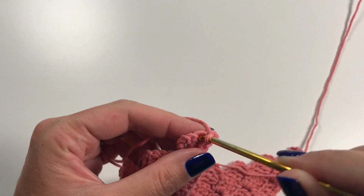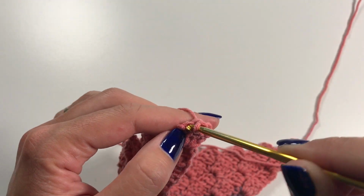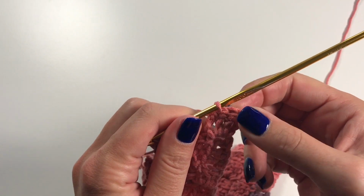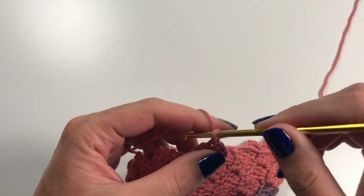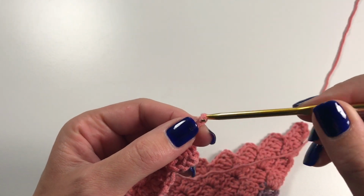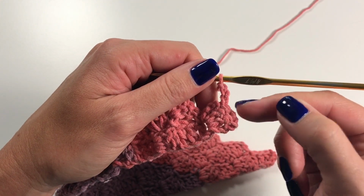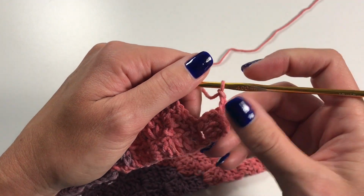So 1, 2, and 3. Okay, so those are the first 3 chains I'm doing. Then I do 3 chains, 1, 2, 3. But this time I'm not creating a box here. I am already now ready to create that first box here